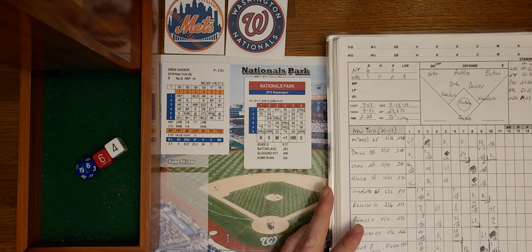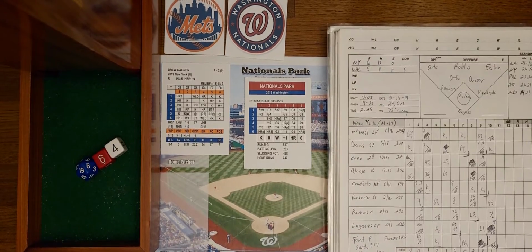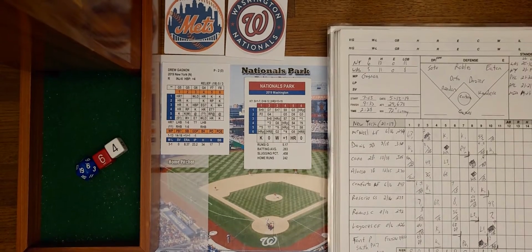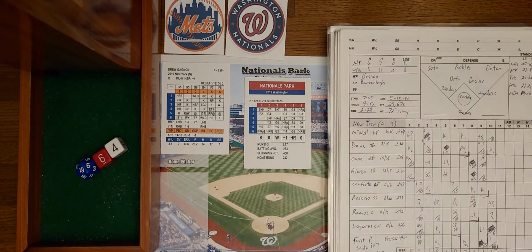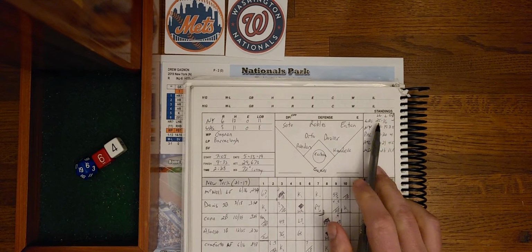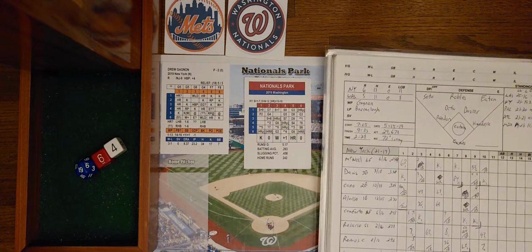And let's take a look at the hits for the Mets. 3, 4, 5, 7, 13 I've got them for. These are unofficial, of course. And left on base, 5, 6, 11. 11 left on. So the winning pitcher is Gagnon. And the losing pitcher ends up being Barraclaw. And with that victory, the Mets now improve to 22-19. Nationals fall to 25-17. Mets are now 2.5 games back, and they head to Game 3, the rubber match of the series,